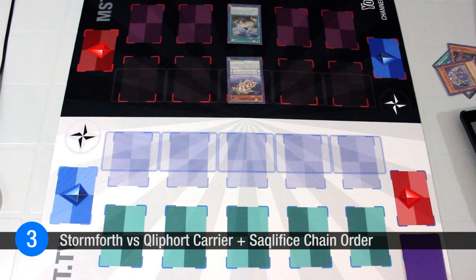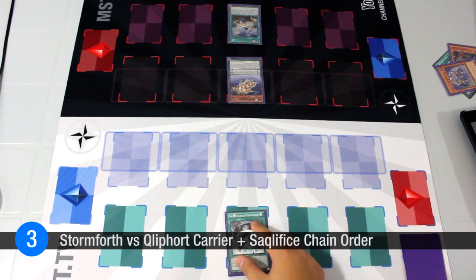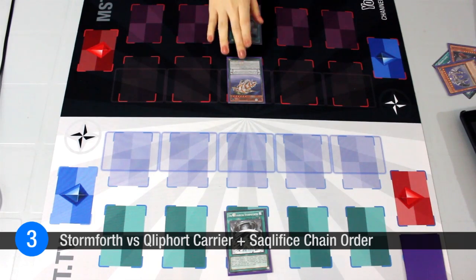For my third example, I would like to highlight certain Clifford plays using Monarchs Stormforth that sometimes cause confusion in the chain link itself. So if my opponent controls a monster equipped with Sacrifice, in this case Carrier, when I play Monarchs Stormforth and tribute it from my Clifford Disc as two tributes,